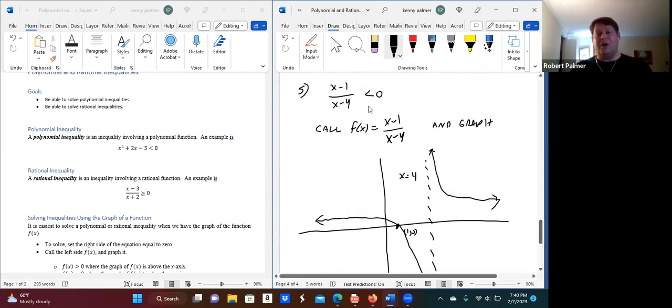Also, we can use our inequality sign, whether it contains the or equal to part, to know whether or not to include our endpoints. And that's how we can solve